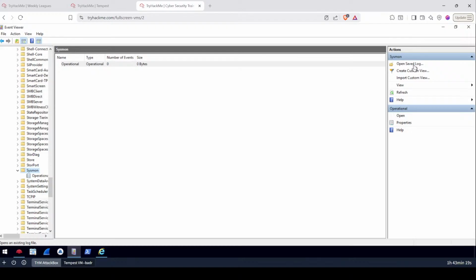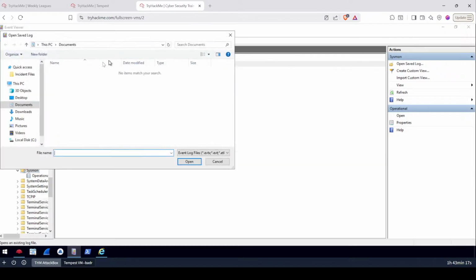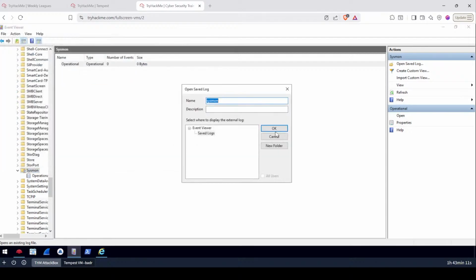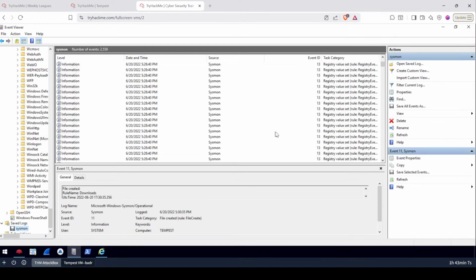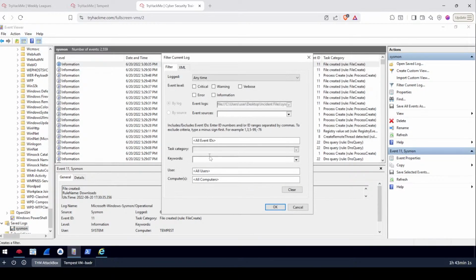Okay, I want to open saved log. Go to desktop, incident files, and Sysmon. Okay, perfect. Literally perfect. And now we can filter current log with event IDs 11 and